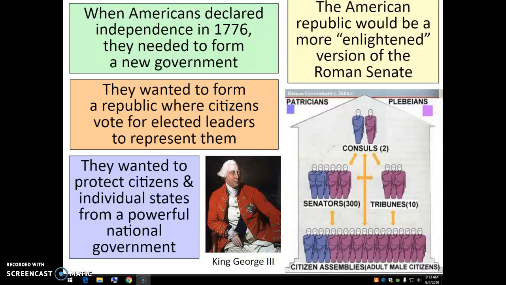Many of the founding fathers, the architects of the government, are historians themselves. They've been studying the Enlightenment. They read the works of John Locke and Montesquieu. They studied history, the ancient Greeks and the Romans. They don't really want a direct democracy in the way that the Athenians had. They believe that creates mob rule, where the 51% take away the rights of the 49%. They would rather have a system like the Roman Senate, a legislature that is a republic, not a democracy, so you indirectly elect people to make decisions for you. You still have a key component of voting, but it is not a straight direct democracy where everybody is voting on issues or where it's more about majority rule.